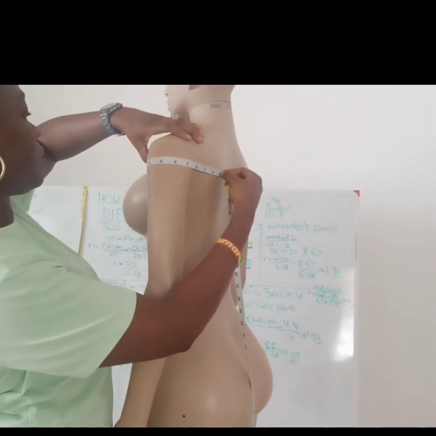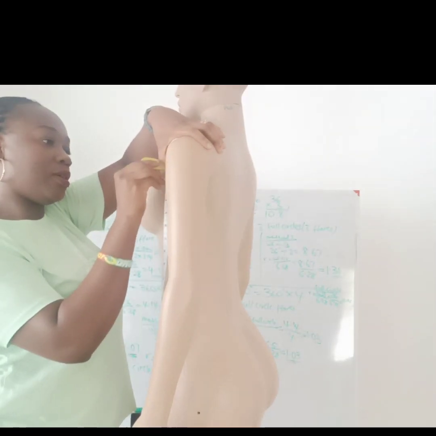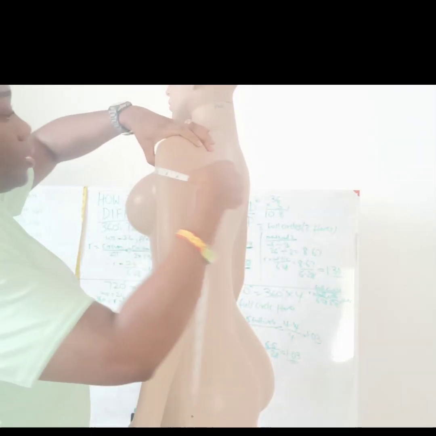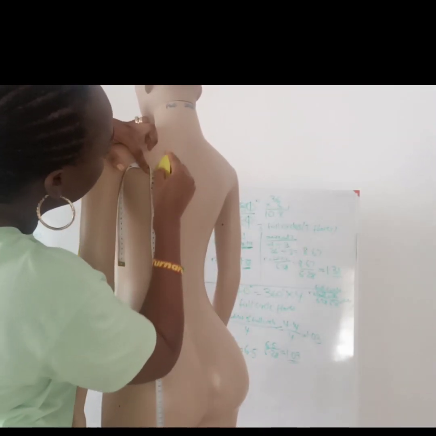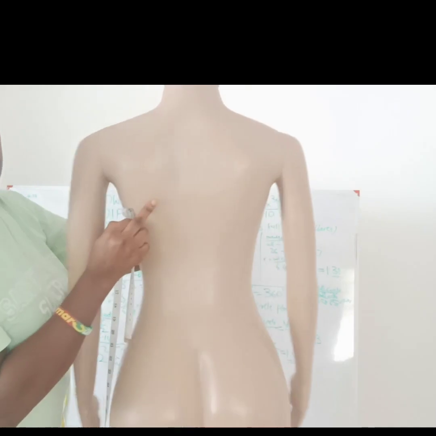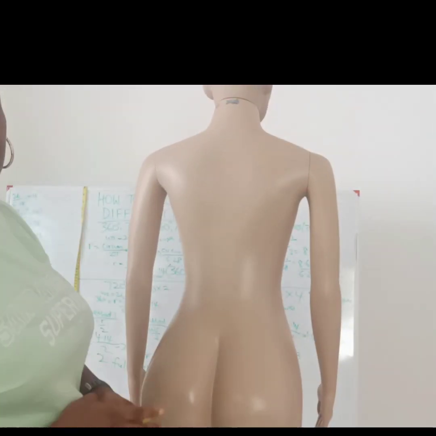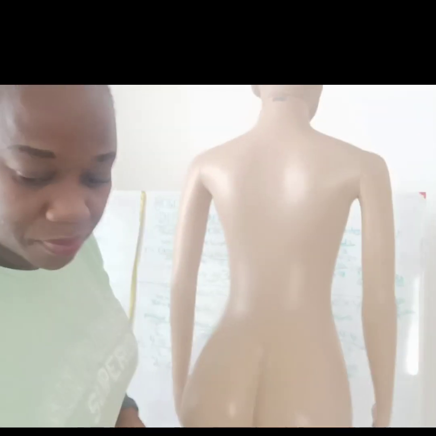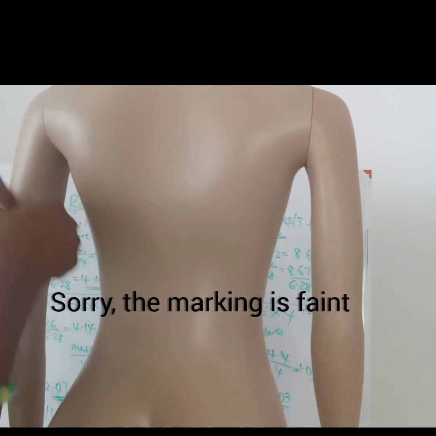We'll mark the front and the back. Okay, the front is here. And then the back is here. So, I hope you can see my chalk marking. This is one here and this is one here. So by the time you measure it,